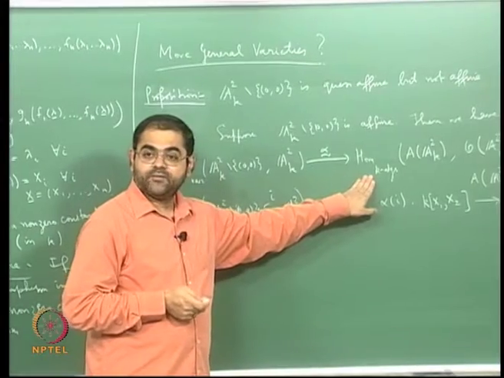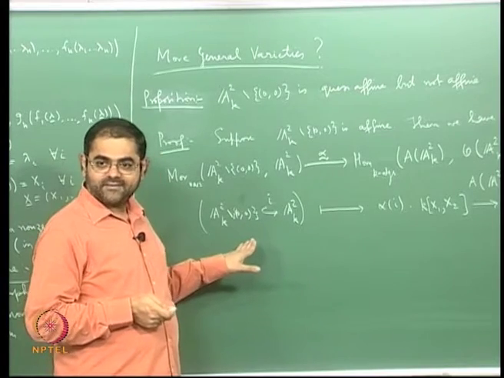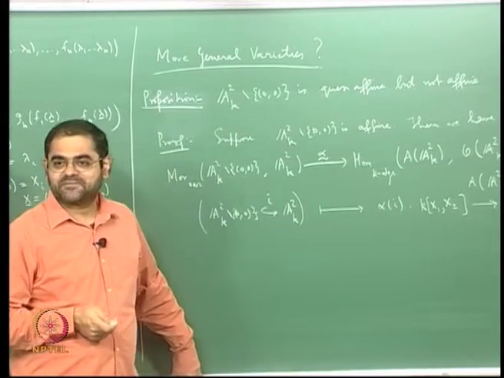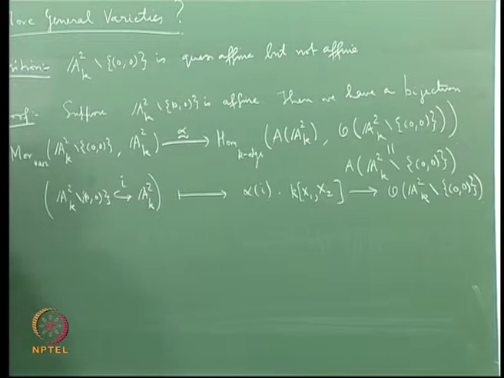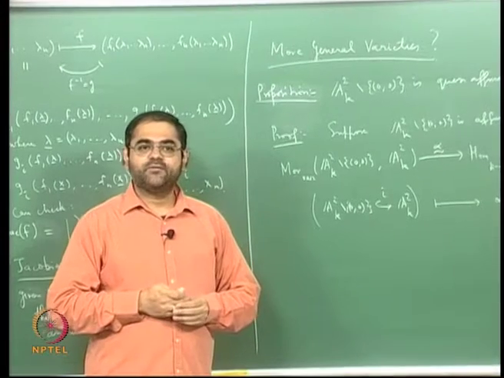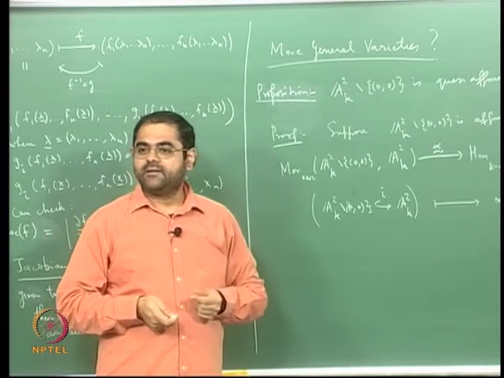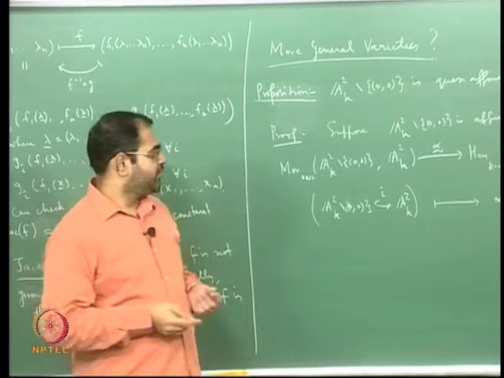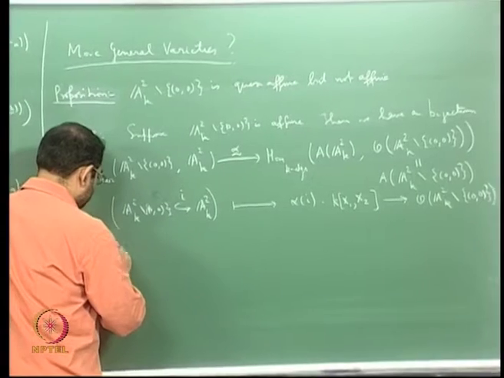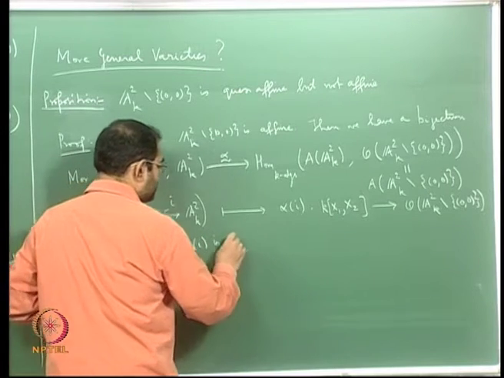Now you know that under this bijective correspondence, isomorphisms correspond to isomorphisms. What you can actually see is that alpha of I is an isomorphism, therefore it will mean that I has to be an isomorphism, but I cannot be an isomorphism because it is not even surjective, because there is a point missing. That is how you will get the contradiction. This contradiction will prove that A2 minus a point cannot be identified with any closed subvariety of any affine space, so it is not affine. So we claim that alpha of I is an isomorphism.